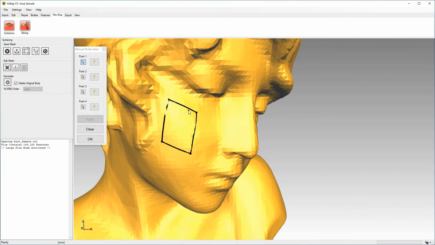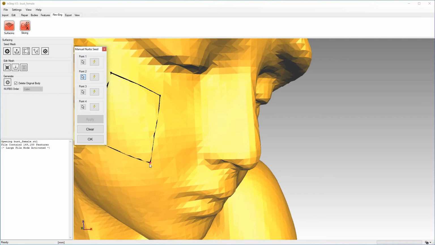Note that you'll always want to have these snap together. So for the second section, we want to make sure that we get close enough to the original point and then work from there.